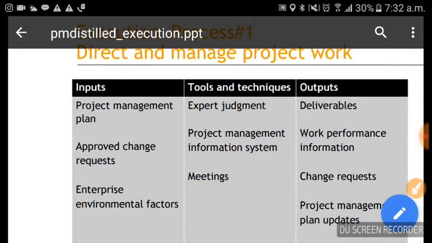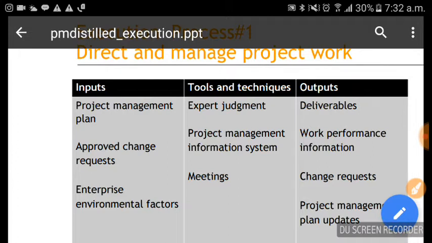Examples of project management information systems are a time accounting system, scheduling system, lessons learned capture systems, defect tracking tools, those kinds of things. And another tool is meetings.